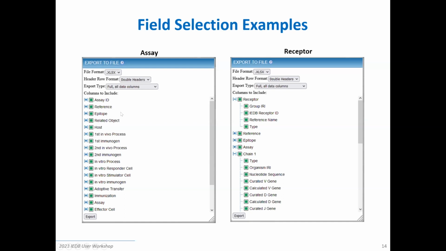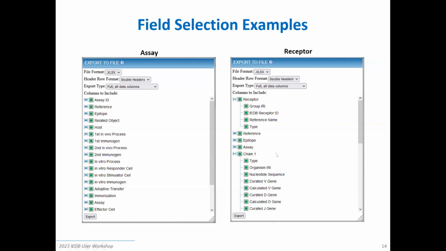I'll run a demo here in a little bit, and I'll drill down so we can see some of the different options and get a grasp of just the breadth of the fields that you have access to, which previously you'd either have to take or leave because you didn't have access to deselect anything or select anything that you wanted in particular. You then have the receptor exports, which is going to be similar between TCRs and BCRs,